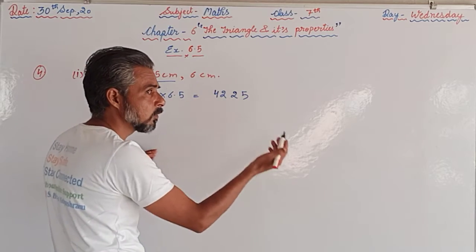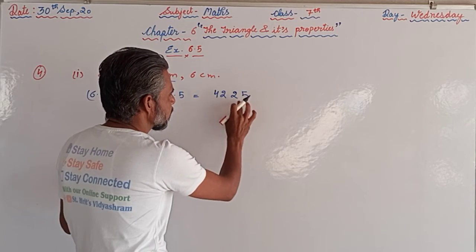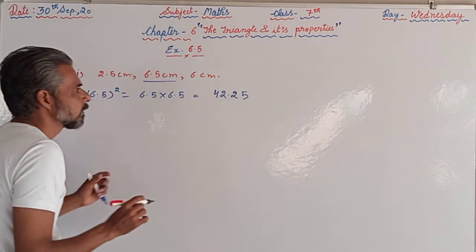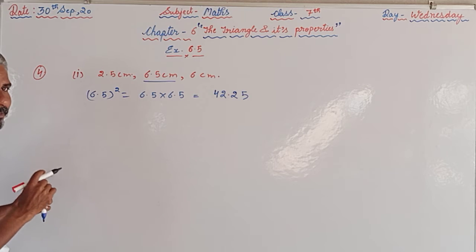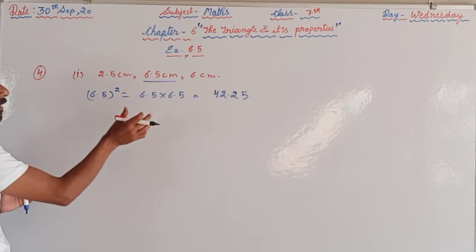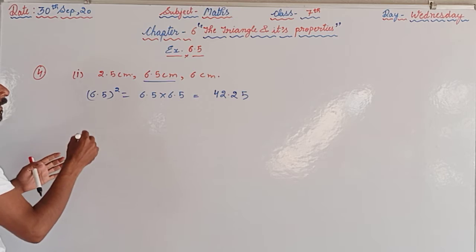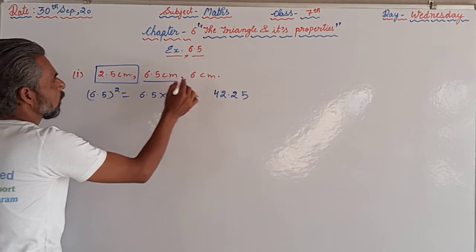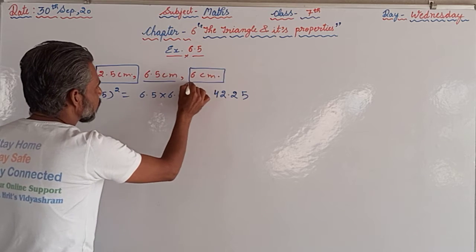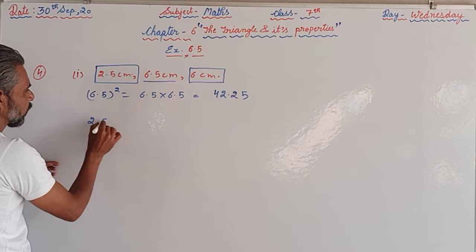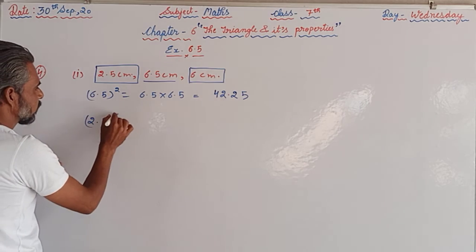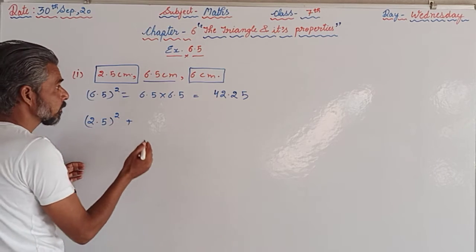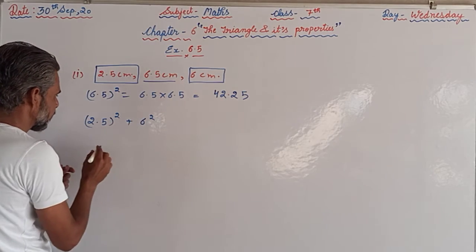So we will count 2 from the right hand side, 1, 2, and then we will place the decimal. So this is the square of the longest side. Now we are supposed to consider the sum of the squares of the remaining two sides. So that is 2.5 square plus 6 square,